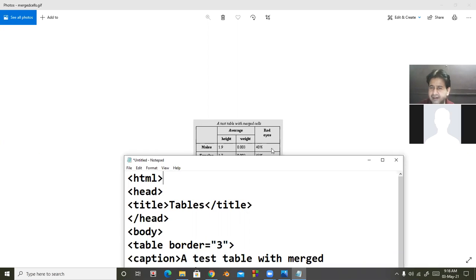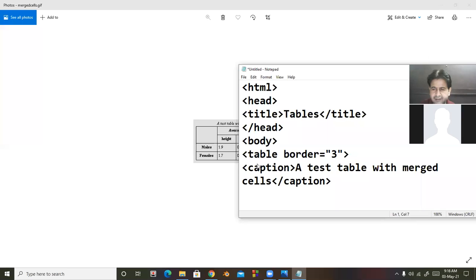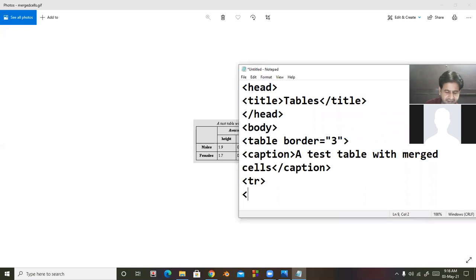Because data is bold and center aligned, I take here TR, then TH. So here first merging is row wise, first row and second row. So that's why rowspan equal to 2. But there is no data. That's why I'm closing TH.